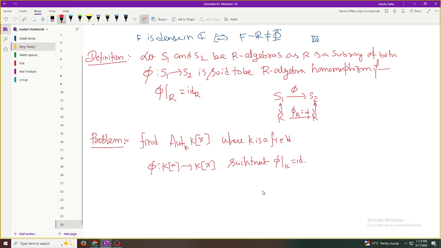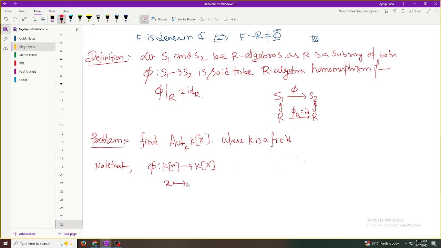So any guess? At first give some example of automorphism. Ring automorphism. Okay. Note that,